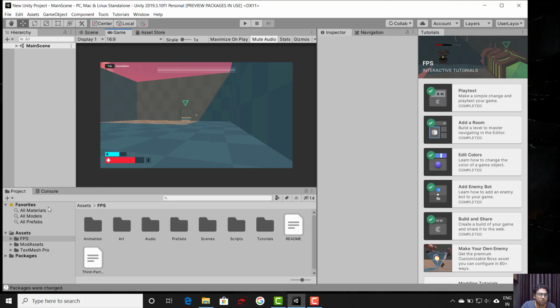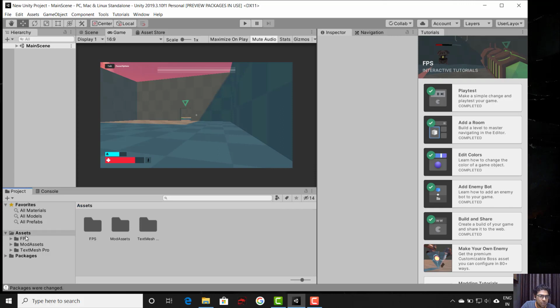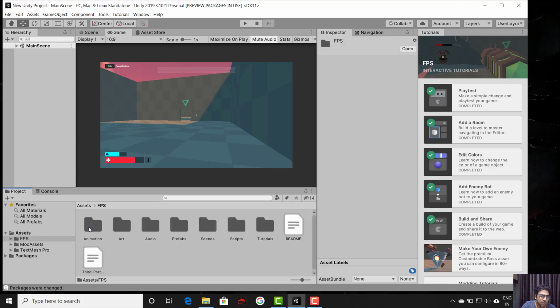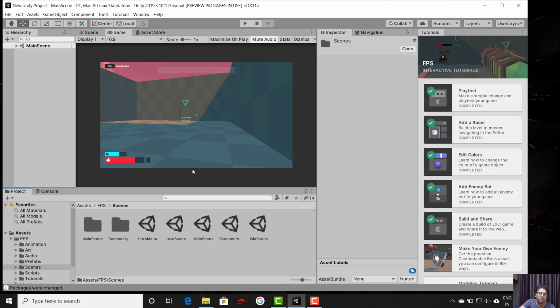In the project window, further here you have various folders. For example, there are some assets, FPS, and there are some scenes over here. So the thing is, every time you do something, you are going to add that particular thing into a scene, right? So this particular scene is there.